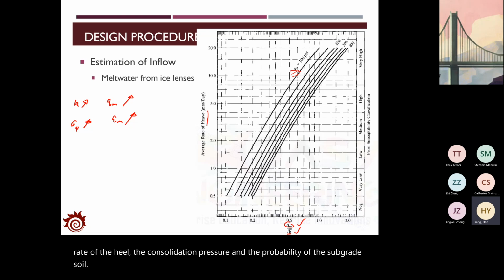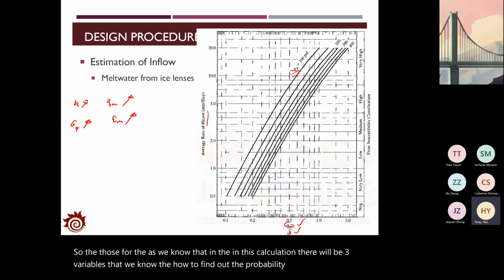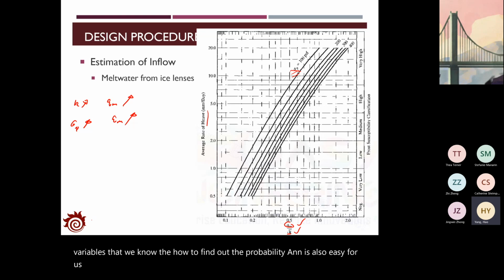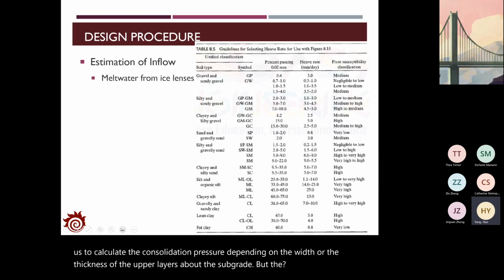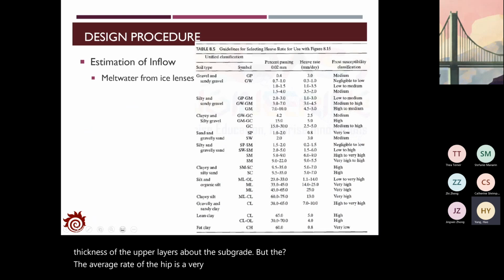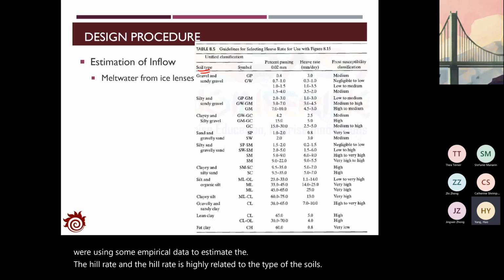As we know, in this calculation there will be three variables. We know how to find the permeability, and it's also easy for us to calculate the consolidation pressure depending on the width or the thickness of the upper layers above the subgrade. But the average rate of the heave is very hard for us to estimate. So usually we use some empirical data to estimate the heave rate, and the heave rate is highly related to the type of the soils, and also